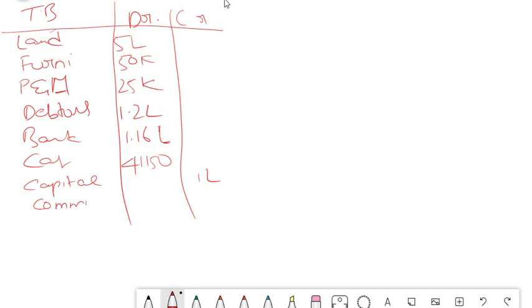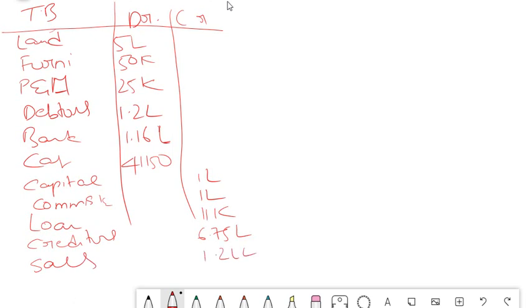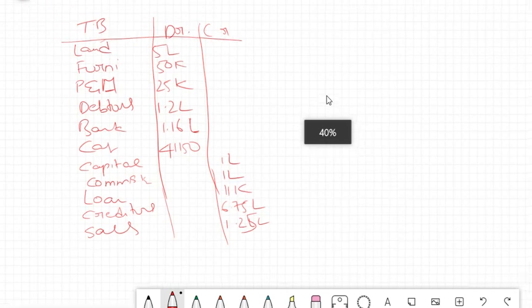Commission 1 lakh. If they give you commission in the credit, it means it is an income for you. Commission received, you should understand in such a way. They won't sometimes mention commission received or commission paid. If it is in credit, it means it is an income. That is an implied meaning. Okay, loan, creditors, sales. So here the meaning is that if it is given in credit, it is a sales income. That is something which is implied. You should understand that, friends.